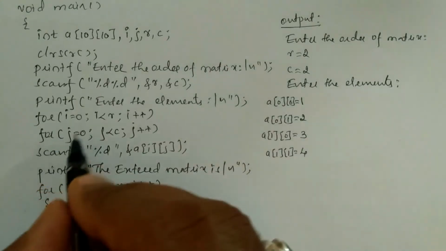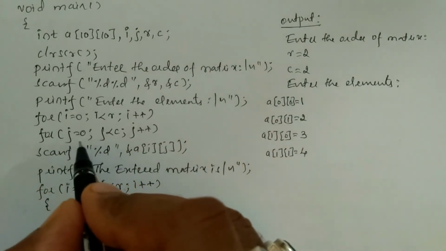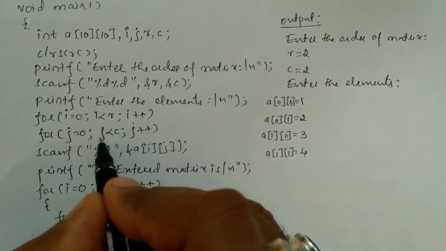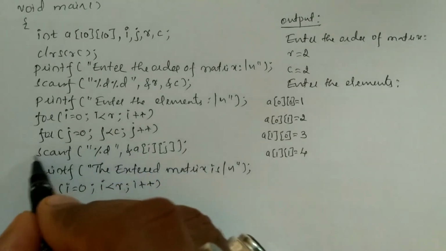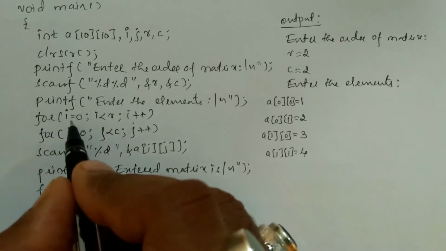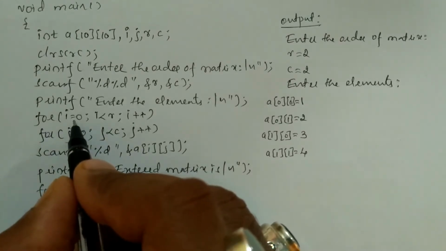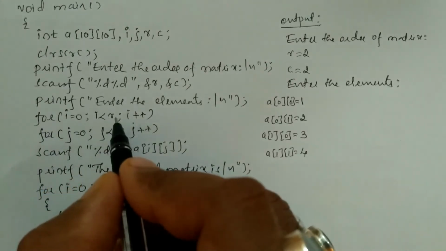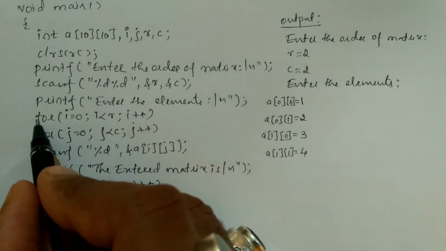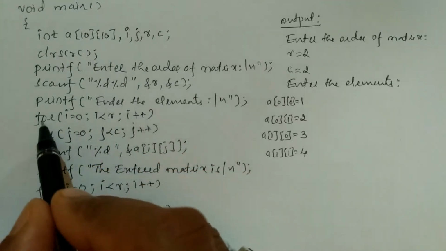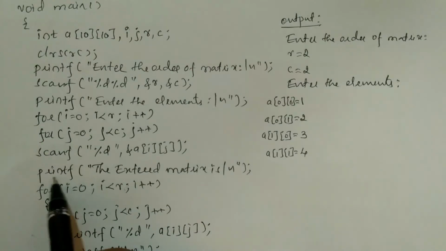So again, control transfers to inner for loop by incrementing the value of j by 1. Now j value is 2. 2 is less than 2. No, condition fails. Again, control transfers to outer for loop by incrementing the value of I by 1. Now I is 2. 2 is less than 2. No, condition fails. If the condition of the outer for loop fails, then it is going to execute the next